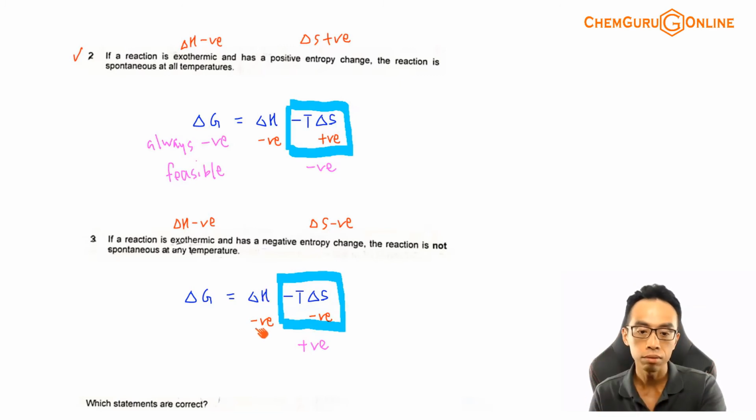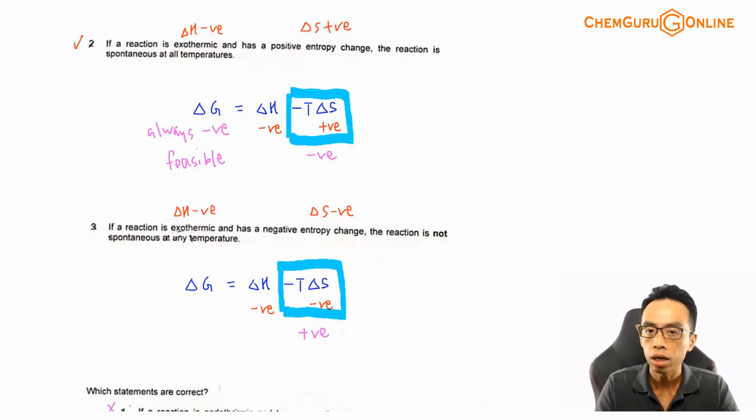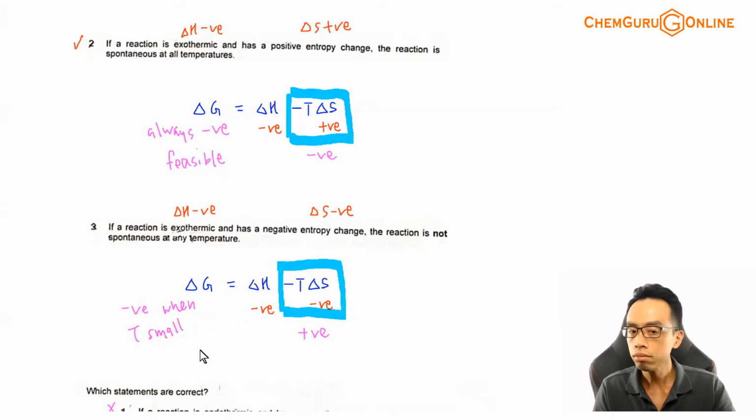So a big negative term plus a small positive term will be negative, and therefore my delta G is negative, and the reaction will be feasible, correct? So let me just write this down. We know that my delta G is supposed to be a negative term when my T is small, correct? When my T is small, the reaction will be feasible, and therefore the reaction is feasible at